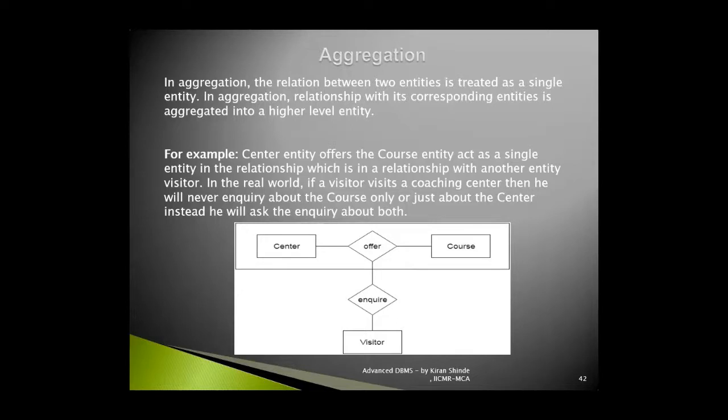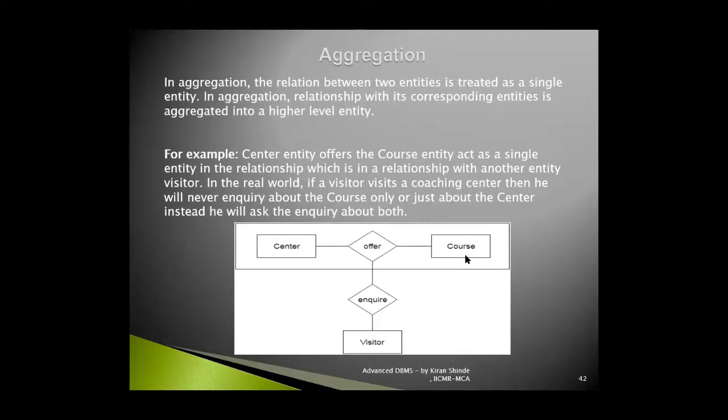He or she may want to know this information, and along with that, other information will also be sought by this visitor, and that is about what are the various courses which are conducted at various branches of that center. It means a visitor is seeking information on center as well as on course. So here, both these entity sets should be connected with this visitor altogether. Why? Because the visitor wants information on center as well as course.